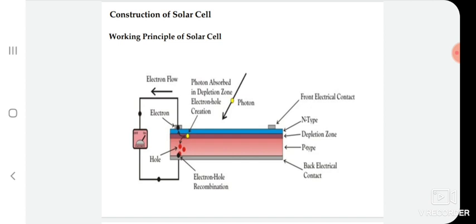The incident light breaks the thermal equilibrium condition of the junction. Due to that, the free electrons in the depletion region can quickly come to the n-type side of the junction. Similarly, the holes in the depletion region can quickly come to the p-type side of the junction. Once the newly created free electrons come to the n-type side, they cannot further cross the junction because of the barrier potential of the junction.